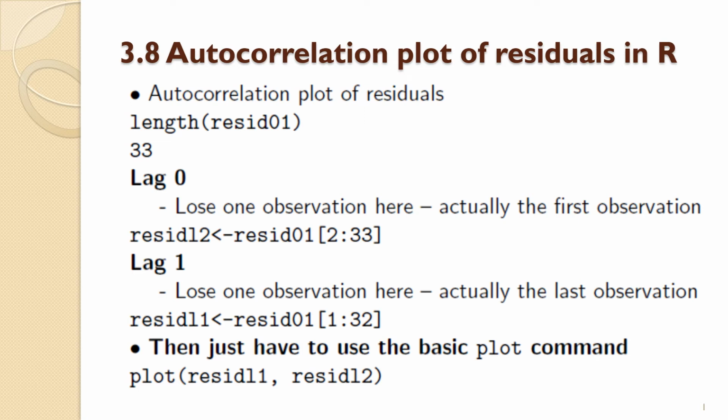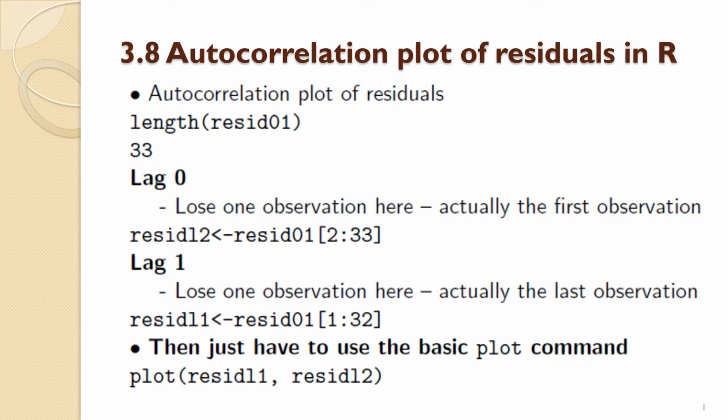So when you conduct this autocorrelation plot of residuals in R, the first thing you need to do is calculate the length of the residual series, and then to calculate the lag zero residuals, you actually lose one observation, actually the first observation, so this works slightly differently to how you might imagine. Okay, and the easiest way to code this is call this thing here